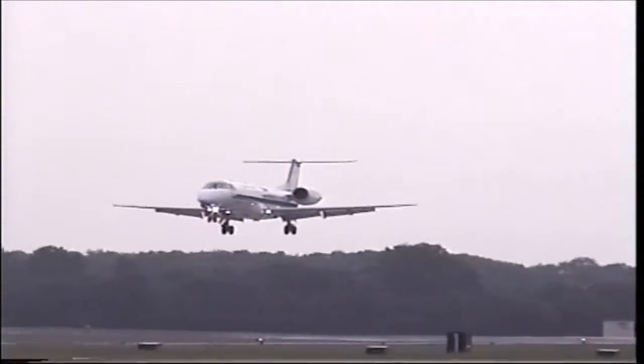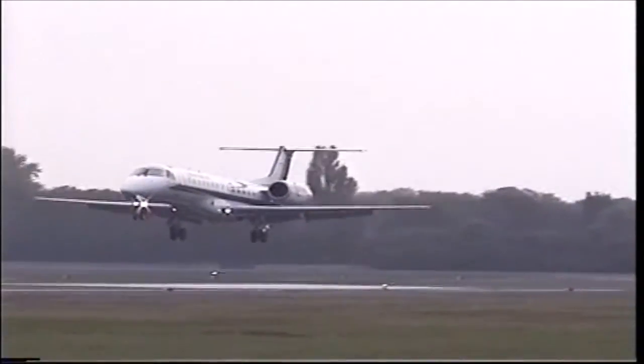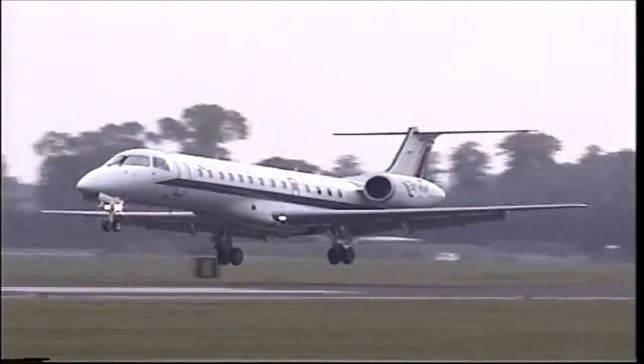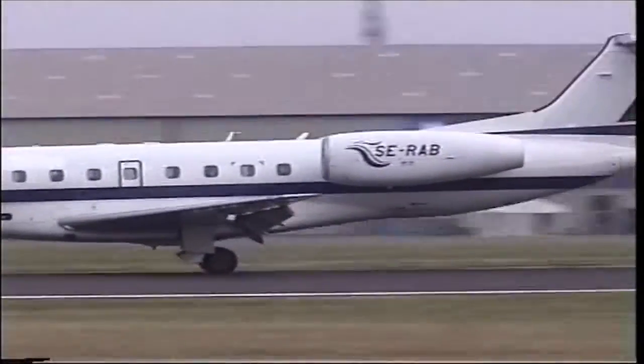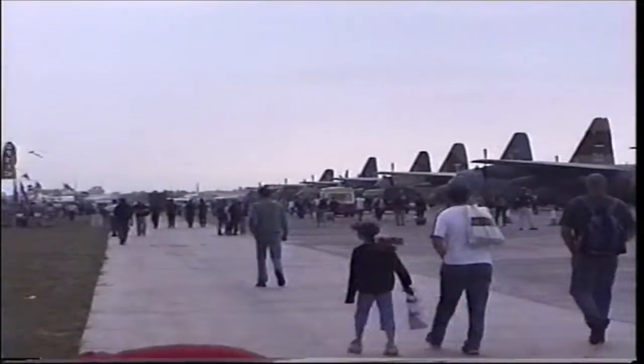Going on the ground as well. But one thing I do want to point out is that the whole purpose of this air show is to provide much needed funds for the Royal Air Force Benevolence Fund. The fund is reaching out to more people than ever before, but it...